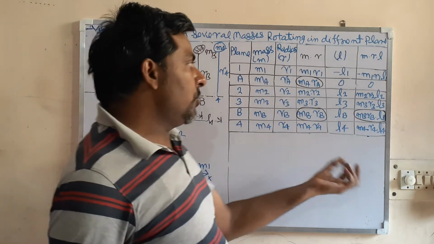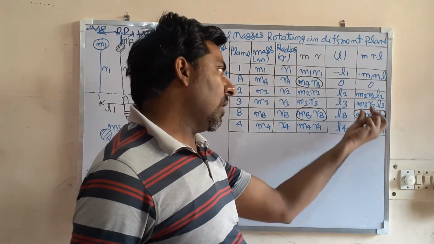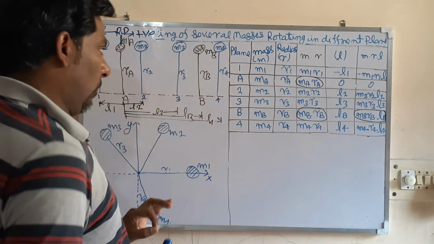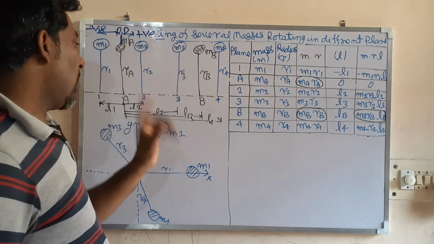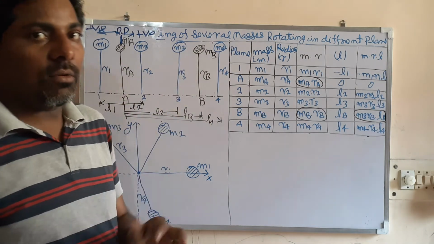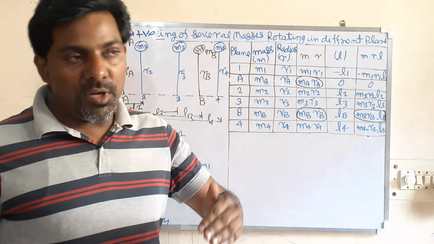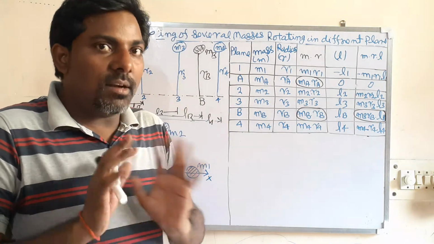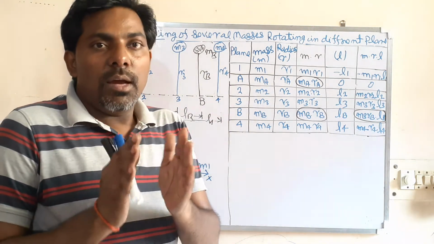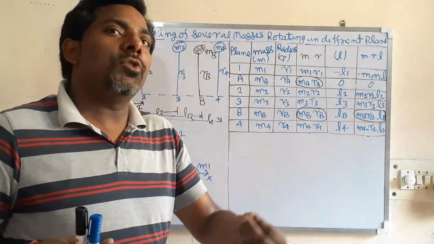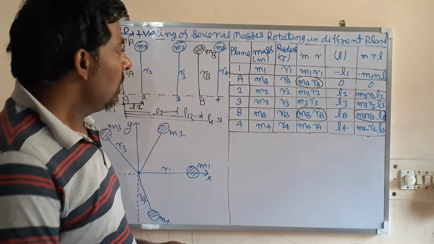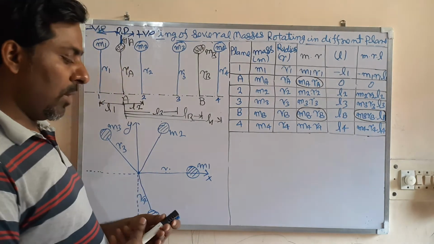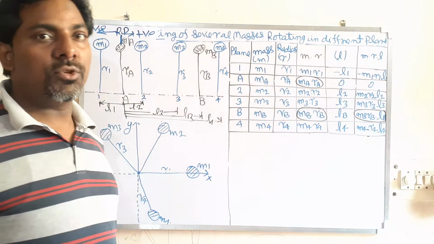So first of all, you draw the couple polygon because there is only one unknown, that is MB, RB in the ELB. So you can see that there are 6 unknowns: MA, MB, RA, RB, LA, ELB. Total 6 unknowns are there. If some of the unknowns are given, then you can calculate the others. These all 6 are not unknown actually. In the problem, at least 3 will be given and 3 you have to find out. Their angular position of the balancing masses is also unknown. So something will be given and something they will ask you to solve.